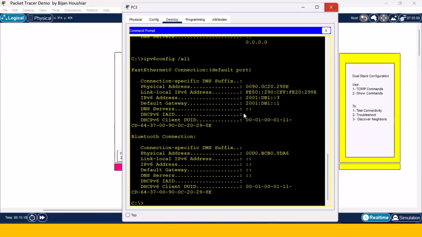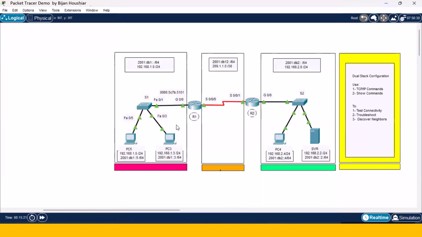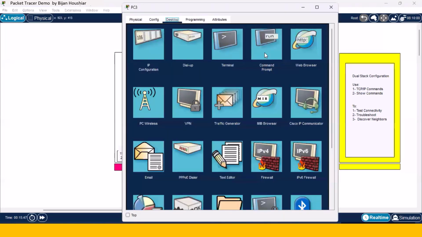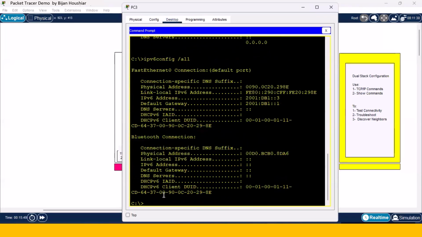Next is testing end-to-end connectivity. We want to see if PC3 with this IPv4 address and this IPv6 address is capable of reaching devices in the remote network where PC4 and server are residing with IPv4 addresses and IPv6 addresses as shown on the diagram. So we go to the command prompt of PC3 and we perform ping